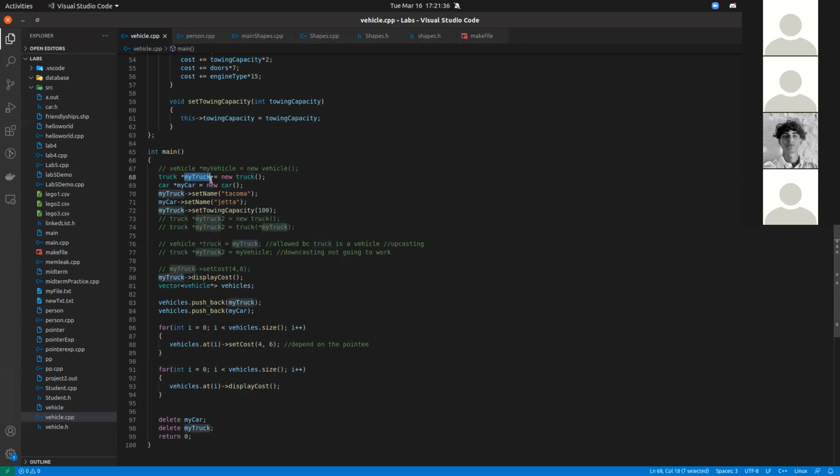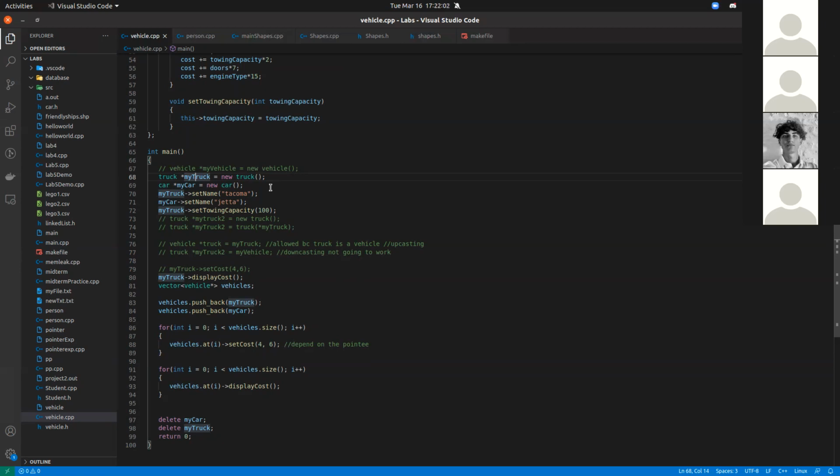So is your question, can we access vehicle functions from my truck? Yeah, we can access vehicle functions, right? Okay. But if something derives from my truck, would we be able to access those functions? Assuming they're public, yes, they would be able to access them, and I might be able to hack up an